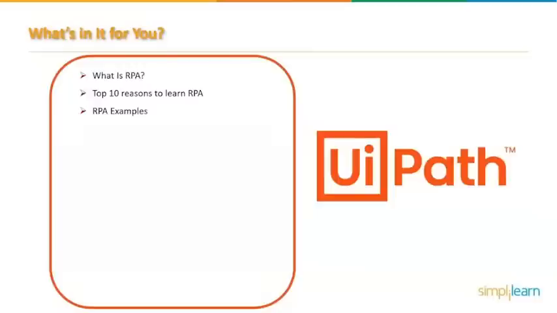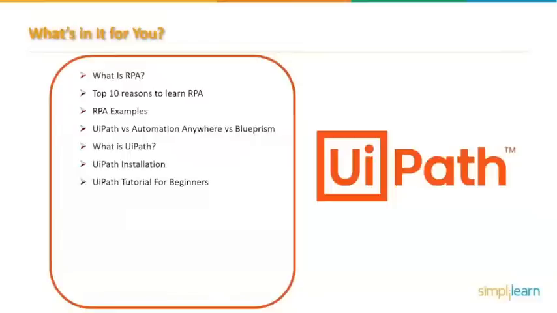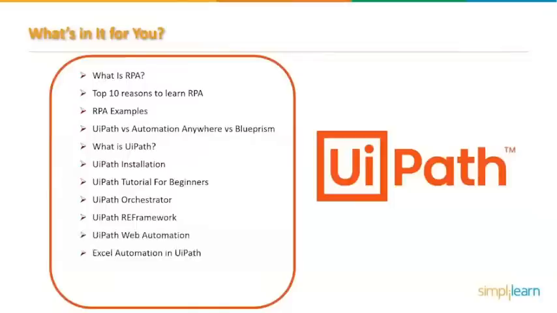We will see some of the real-time RPA examples, followed by which we will look at the comparison between RPA tools like UiPath, Automation Anywhere, and Blue Prism. Proceeding further, we will understand what is UiPath, and then learn how UiPath is installed in the device. Then we will see the UiPath tutorial for beginners, followed by which we will go through UiPath Orchestrator, UiPath Robotic Enterprise Framework, UiPath Web Automation, and then we will see Excel automation in UiPath as to how Excel is used